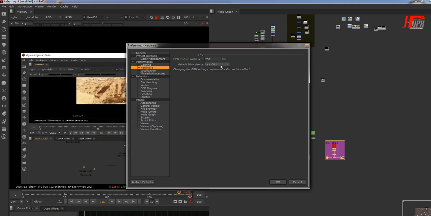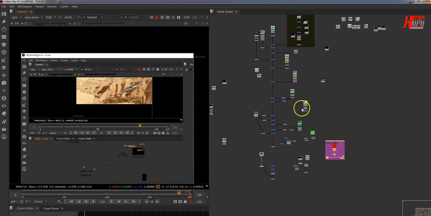You have here two solutions. You have to disable your Vega card and make it depend on your Intel, or ask Nuke itself to change it from Vega to your processor, but just for a short time, because the render way